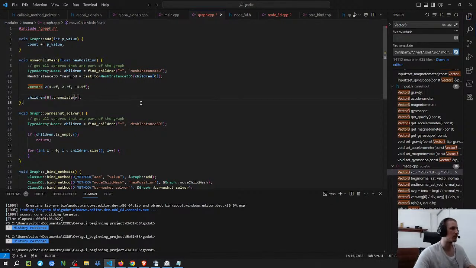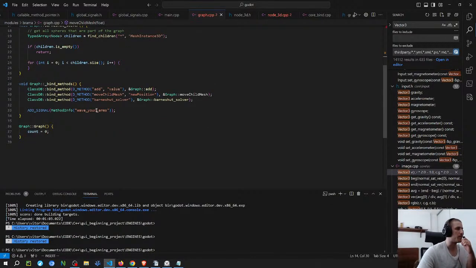And maybe no need. And then I connect to the event on the constructor.